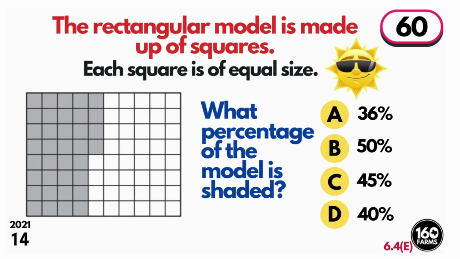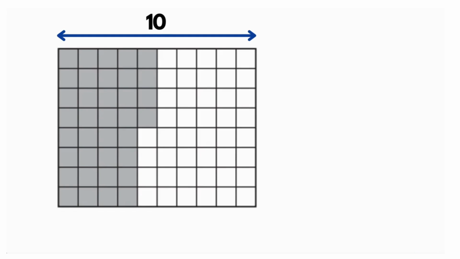Number 14, the rectangular model is made up of squares. Each square is of equal size. What percentage of the model is shaded? Whenever we work with a model like this, unless it's 100, we're going to have to do some different types